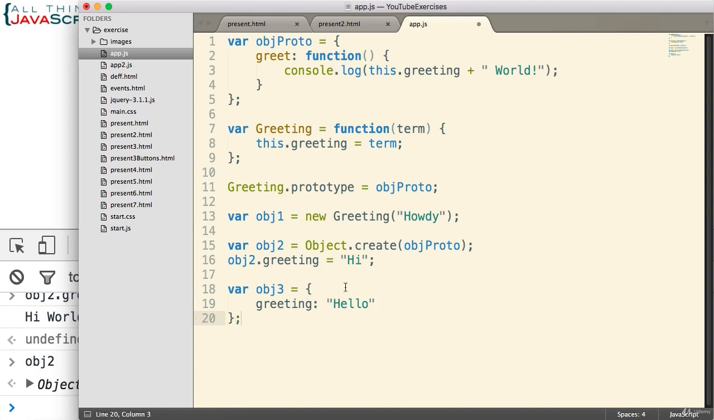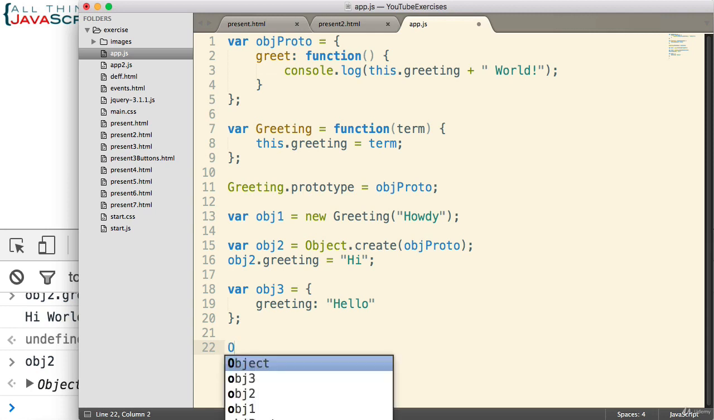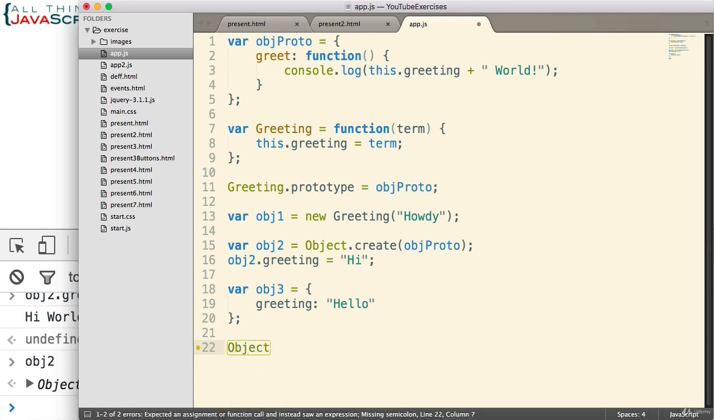Set the greeting property to hello. Now we have an object we've created. We can then set its prototype. By default, when that object's created, it has a prototype set for it, which is the default object in JavaScript. We can override that using set prototype